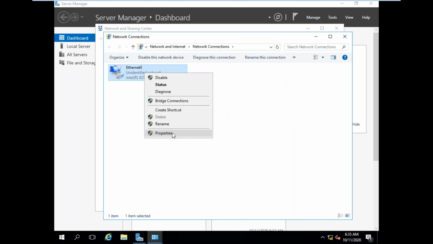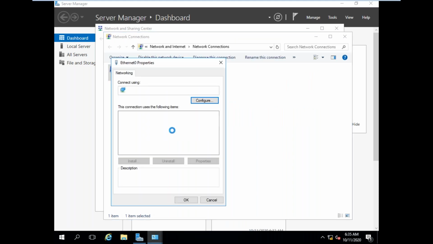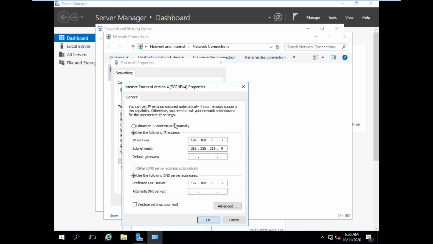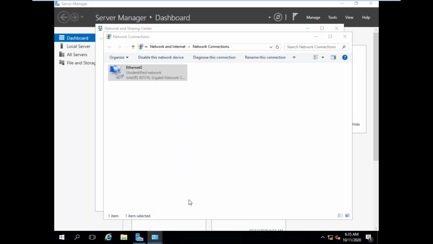See, if multiple IP addresses come, the domain controller is going to fail. I'm going to change the IP address to 10.